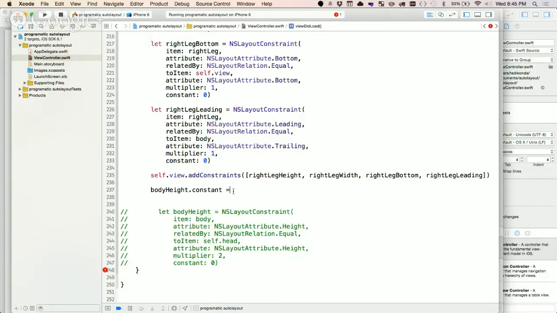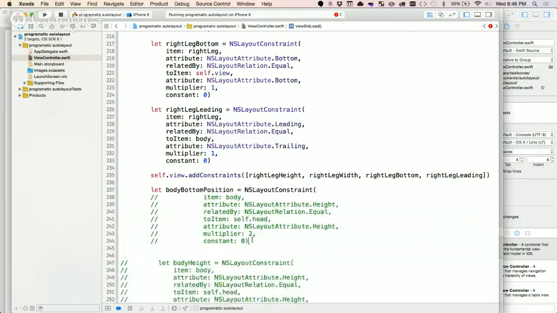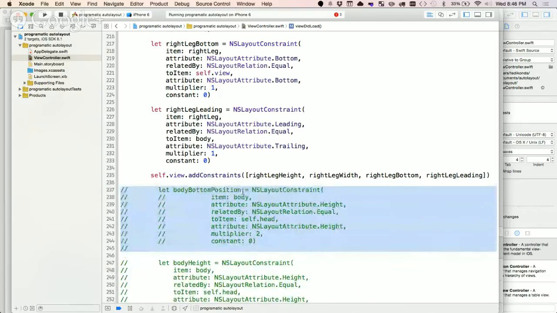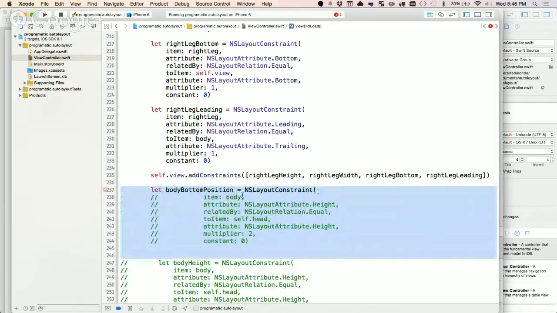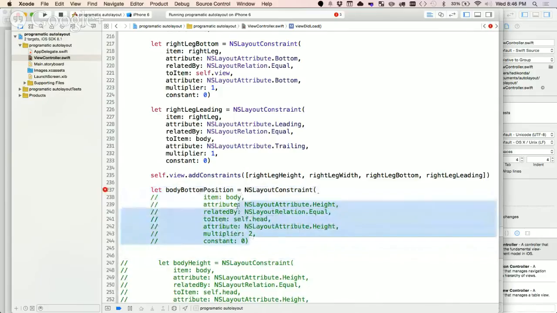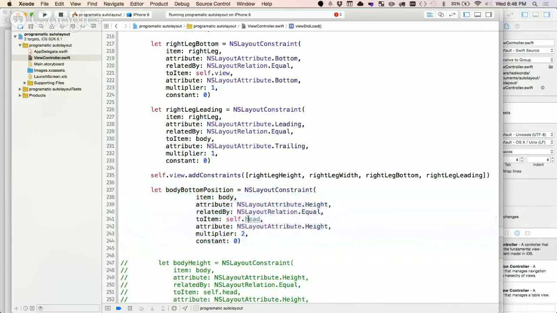So it would be body bottom. Yeah. So we could do let body bottom position equals